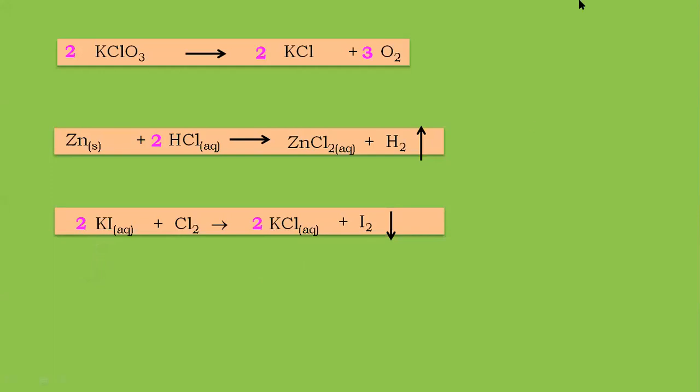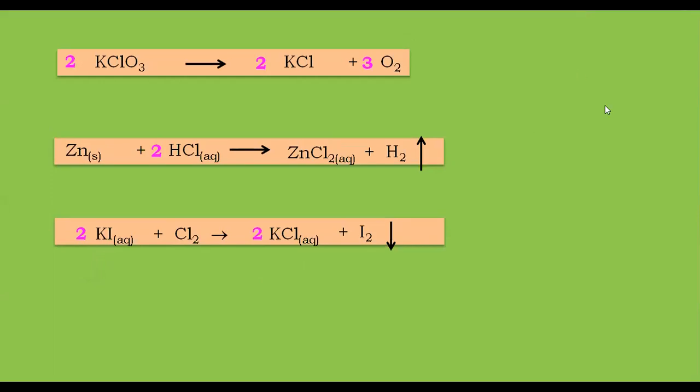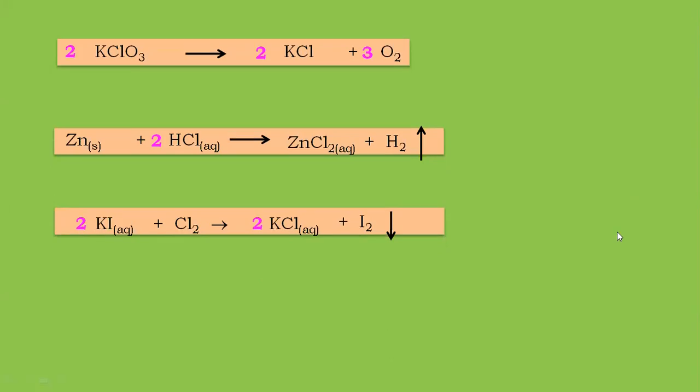So is my equation balanced here? Let's quickly check left-hand side, right-hand side. 2K, 2K, 2I, 2I, and Cl is also 2 on both sides. So with this, we understand how to balance the chemical equation. I hope everybody is able to do the balancing very well. Do not panic if you're not able to understand or a few questions you are not able to solve. Do not worry at all.